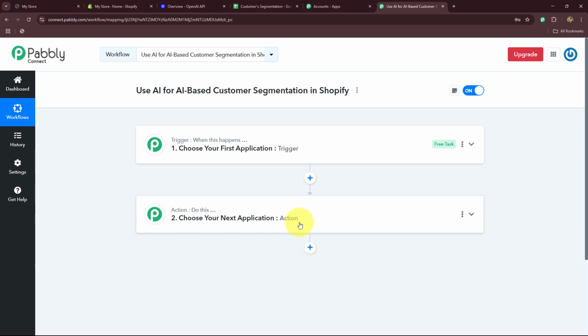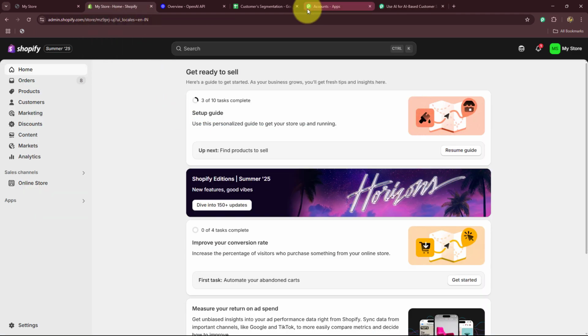Whatever we are going to select in our trigger is going to command the entire workflow, and the actions are going to follow that same command. Therefore, we can have only one trigger in any workflow, but we can add as many action steps as we want. Now, let's suppose here I want that on my Shopify store, whenever a purchase is going to be made,